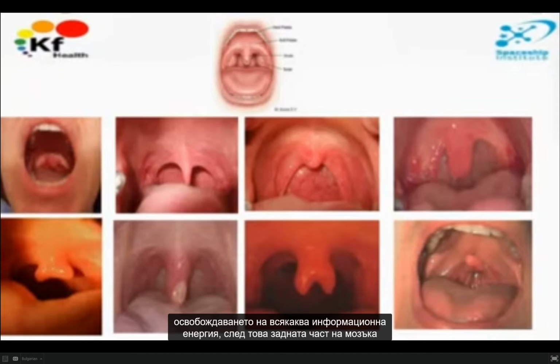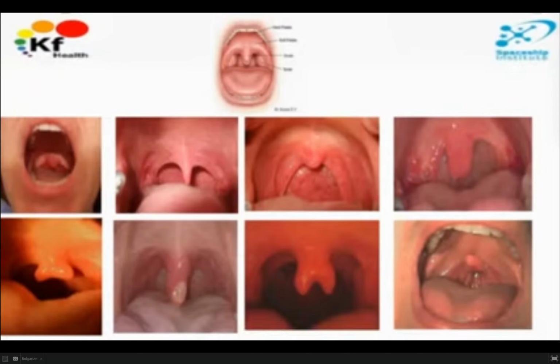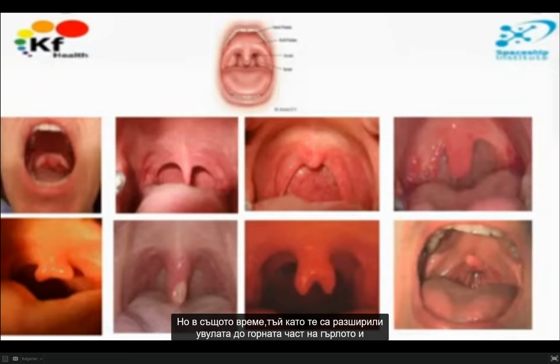Then the back of the brain switches off because it cannot handle so much information to go to the body, then you see epileptic shocks. But at the same time, because they have extended the uvula to the top of the throat, and because of the shaking of the body, you get convulsion. So in reality, the abuse of uvula creates information which becomes shut down in pulses by the brain to go to the physicality,